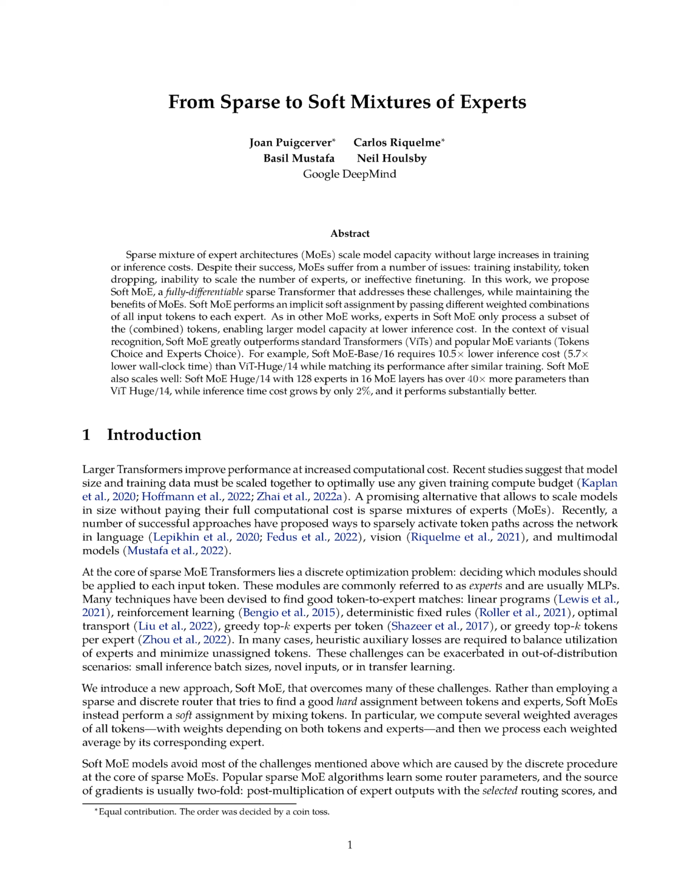Soft MOE L16 outperforms VIT-H14 on upstream, few shot, and fine-tuning tasks while requiring almost half the training time and being twice as fast at inference. Moreover, soft MOE B16 matches VIT-H14 on few shot and fine-tuning tasks and outperforms it on upstream metrics after a comparable amount of training. Notably, soft MOE B16 is 5.7 times faster at inference despite having 5.5 times the number of parameters of VIT-H14.